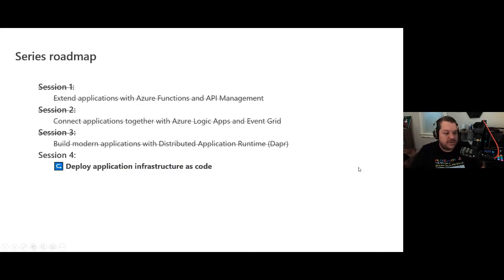So this is a four-part series. We started talking about Azure Functions and API Management, talked about how we could take existing applications where changing our code could incur great technical debt, or where sometimes just writing code from scratch to add new features could be technically prohibitive, and using services like Azure Functions and API Management to just add new features, create proxies, enable functionality, extend and enhance our applications quickly and efficiently in ways that would normally have very great difficulty